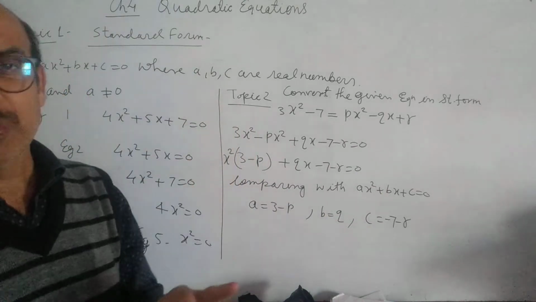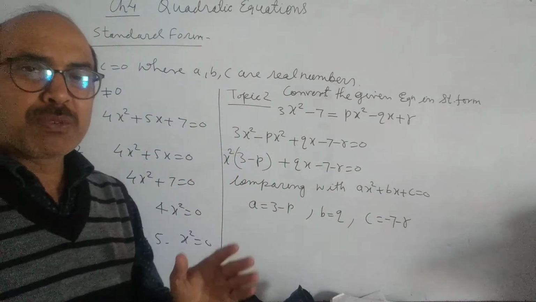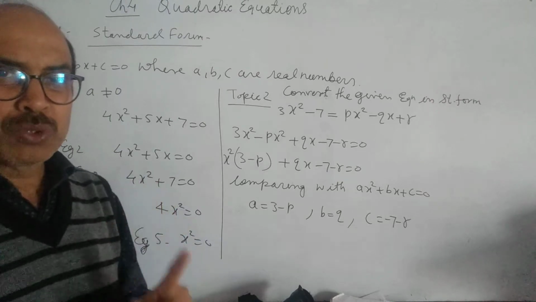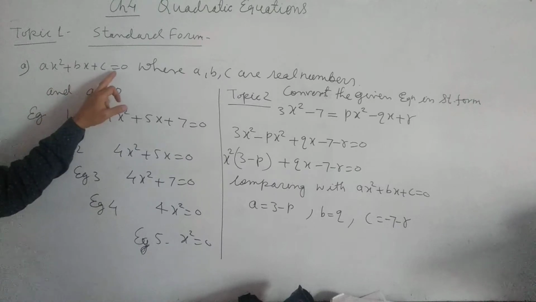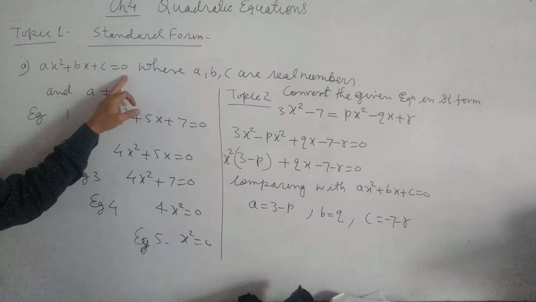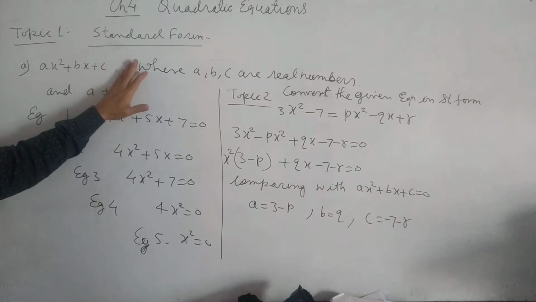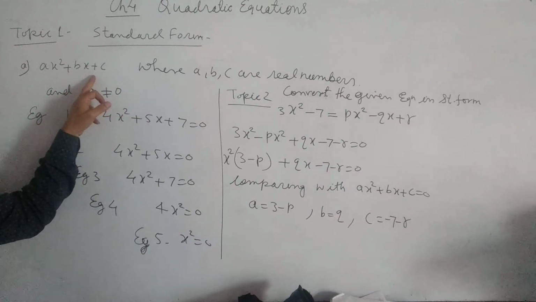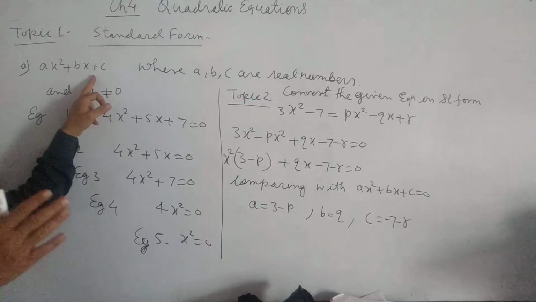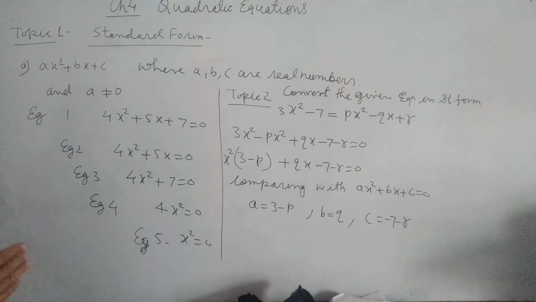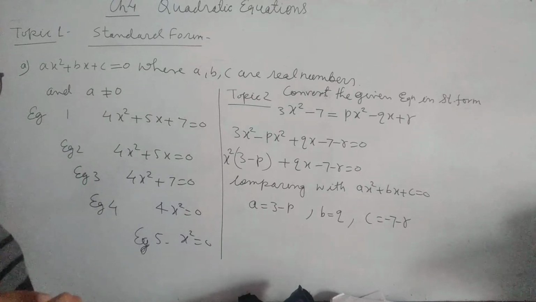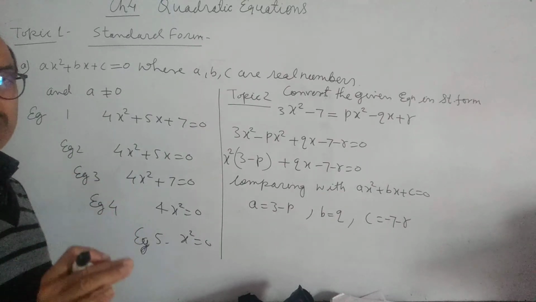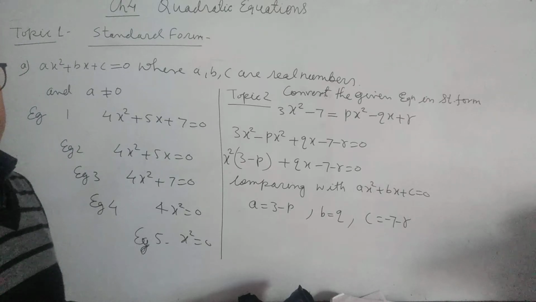So these are the two topics of this chapter we are discussing here. Before the end of this video, one more thing I want to convey to you: a quadratic equation is always equal to 0. Without 0, it will be considered a quadratic polynomial. Polynomial is different, quadratic equation is different. So make the difference between them clear. Whenever you are solving a quadratic equation, you must remember equal to 0 should be used.